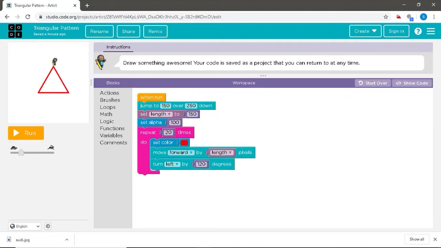As mentioned in the beginning of the video, we shall be creating a triangular pattern where each triangle is a bit larger in size than the previous one.